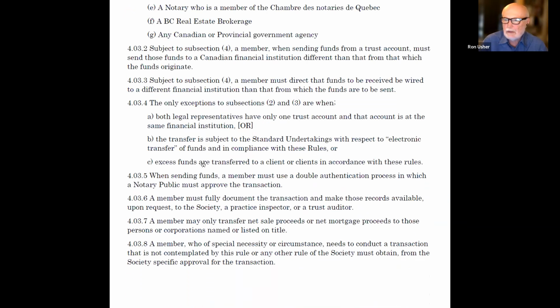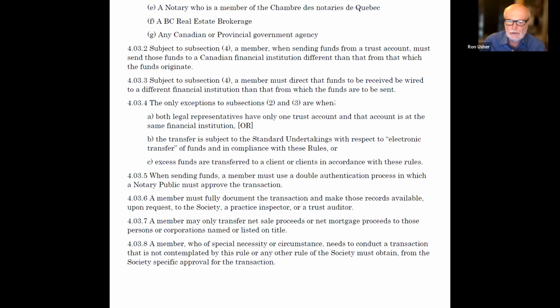Most of the banks, and Mary will touch on this, each of the banks and lending institutions have their own interface, for example, to approve transfers. I think essentially all of them use double authentication, and if you're a sole practitioner notary, we run into this, you need to essentially have kind of 2 identities. So this is intended so that your staff can prepare everything, but it does require the notary to authenticate the process. We have a number of sole practitioners doing this, and we've certainly approved that.